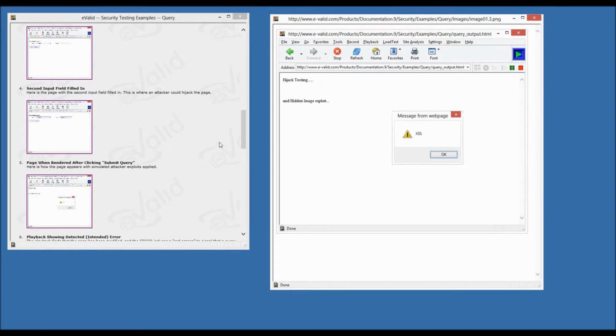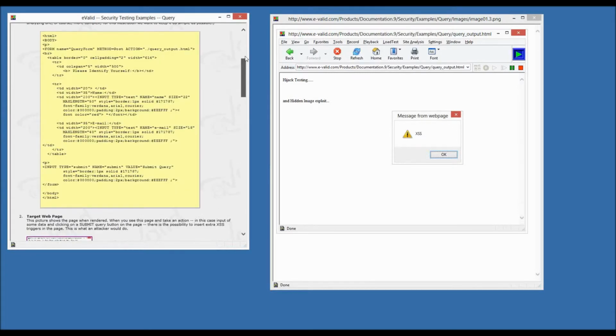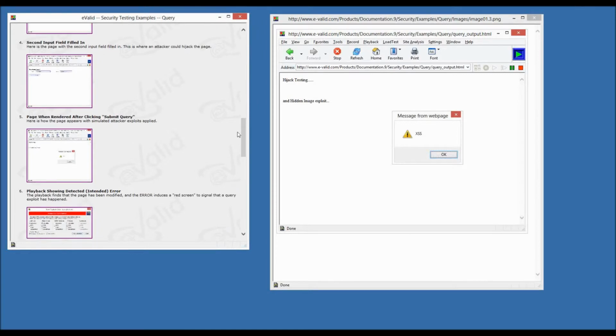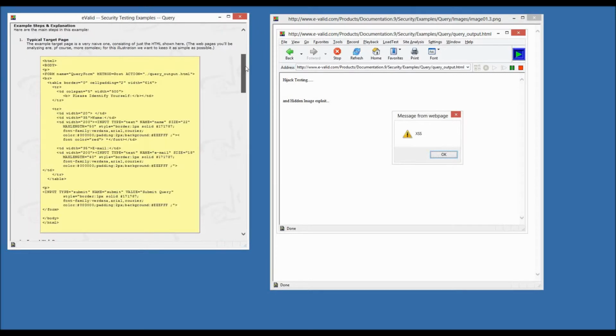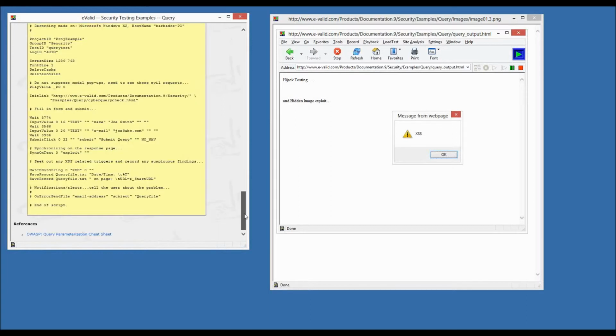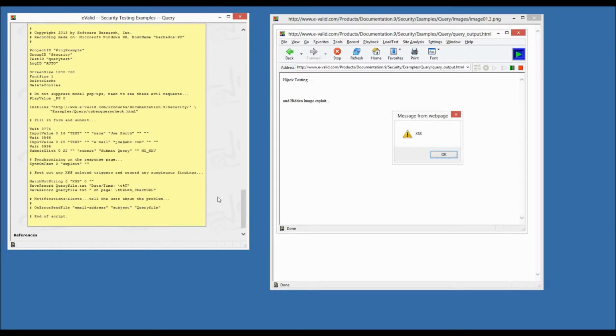Now, as you can see, this particular response is not part of the original page. So I've penetrated that page by taking advantage of the window of opportunity that exists in this query form. Now, the test that we're showing here is a script that's shown below. What the script basically does is type in just the material we've seen, press the query button, and now what we've done is we've provided in our test case for illustration purposes